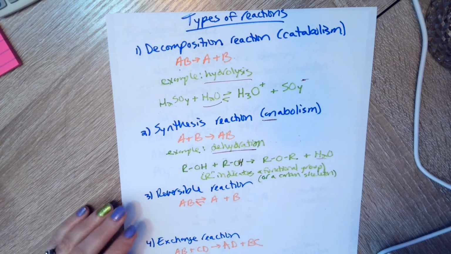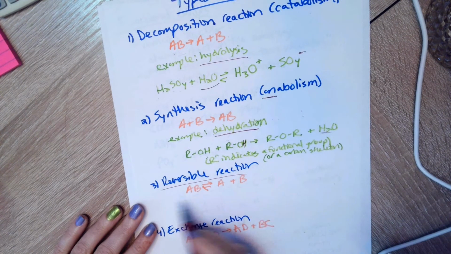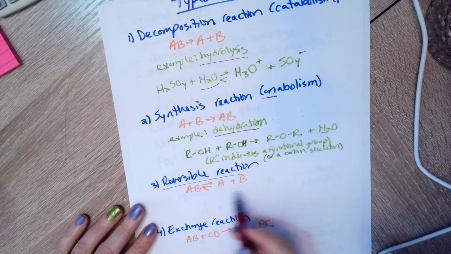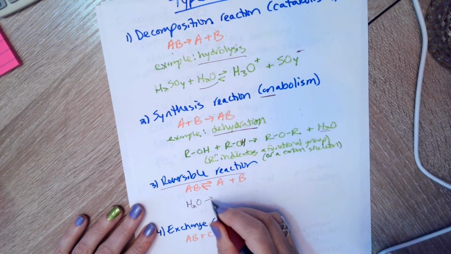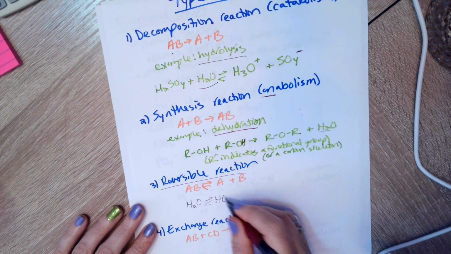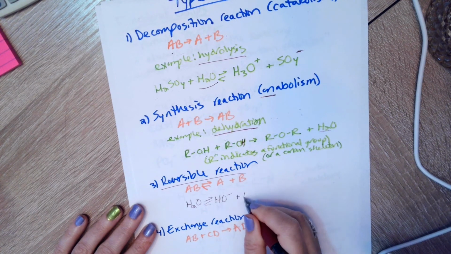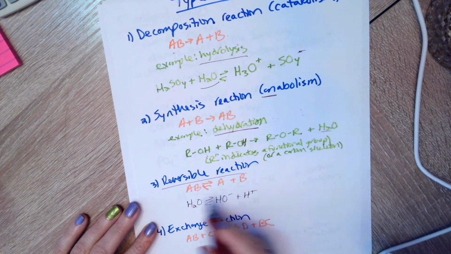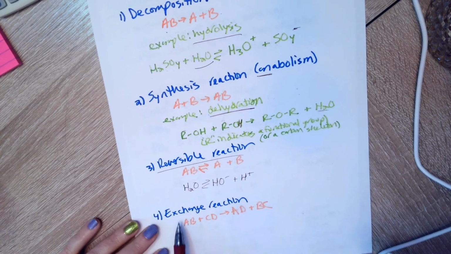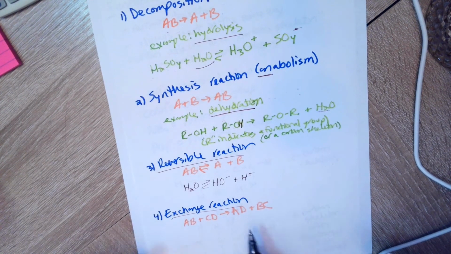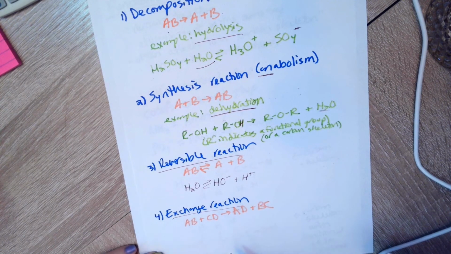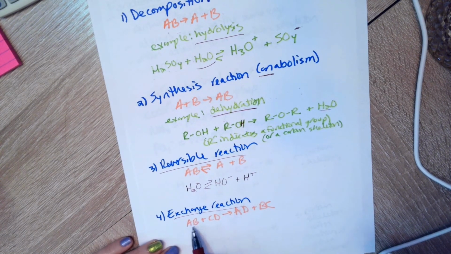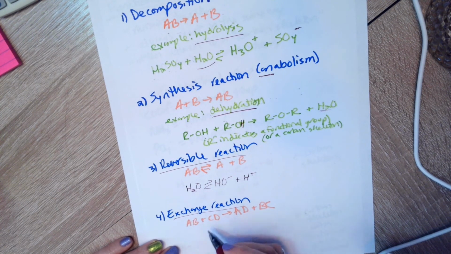They're opposites there. Now reversible reaction, we've seen that. It's where you just go back and forth. We saw with H2O can dissociate into OH minus plus a free hydrogen. It can go back and forth that way. Or an exchange reaction, which is where we're essentially taking two molecules apart and putting them back together in a different way. So AB plus CD gives you AD plus BC. So we're essentially